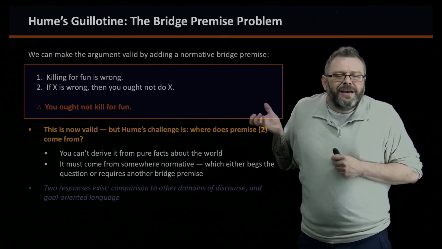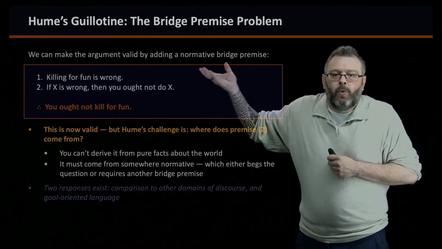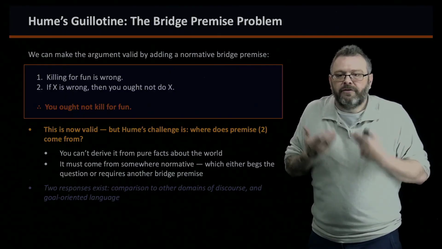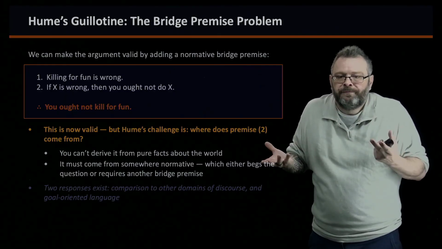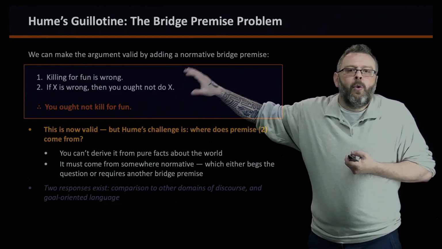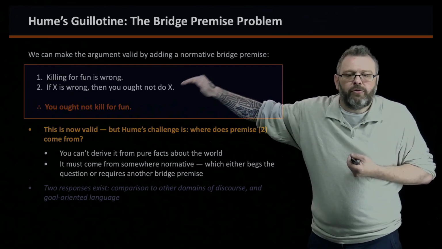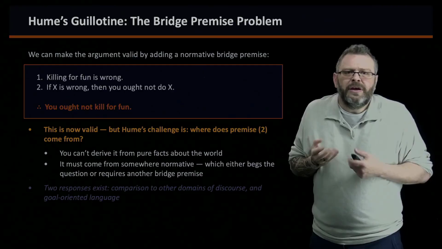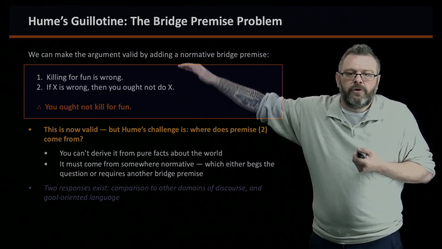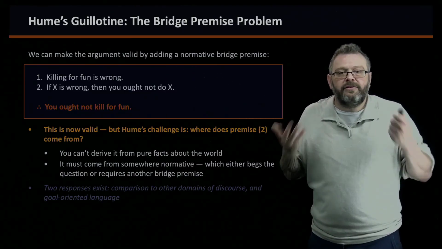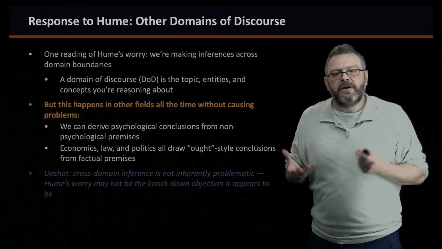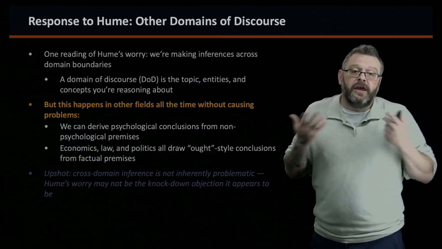Hooray, we did it. But Hume's going to be like, where did this come from? Where did premise 2 come from? What reason do you have to think that this is true? You can't derive a statement like this from other argumentation. What support do we have for premise 2? So it just seems to come out of nowhere from the normative realm, and we're talking about the descriptive realm. What is the case? So this is the is-ought problem that Hume identifies, and is still a really interesting problem